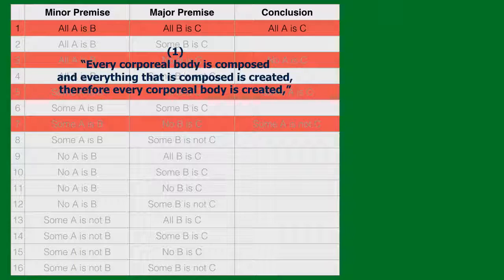He says every corporeal body is composed. A corporeal body is a body that occupies space. It takes up space, something physical. Every physical body, every physical thing that exists, is composed, except the thing from which it is composed. What is the thing from which it is composed? That's a long philosophical debate in medieval metaphysics, Aristotelian and Islamic, and modern science has its own input on this.